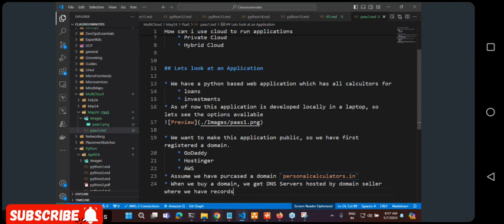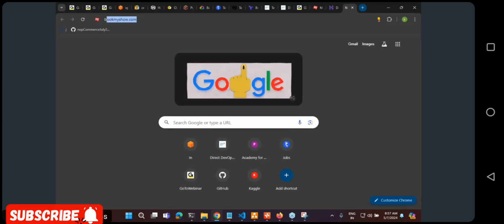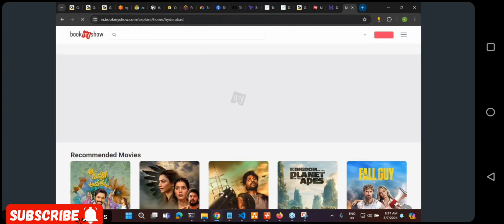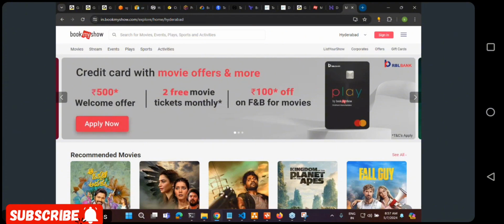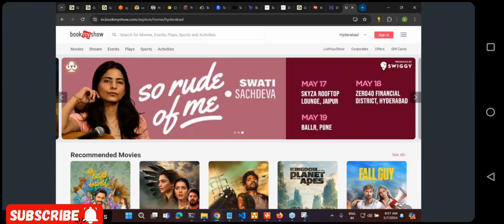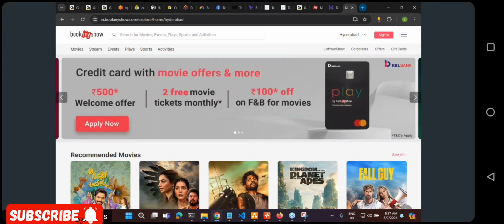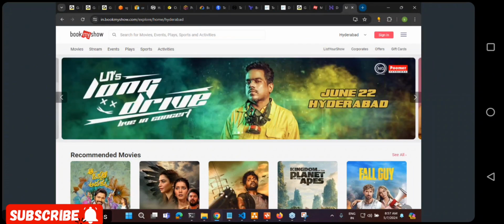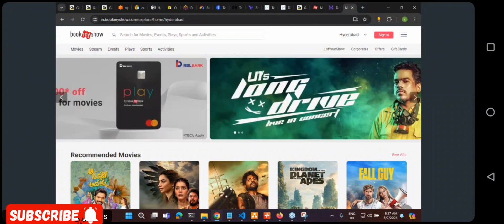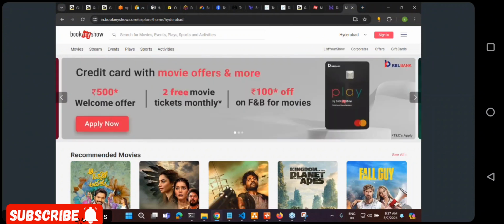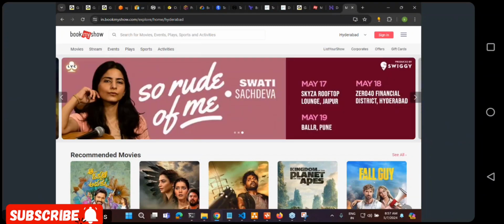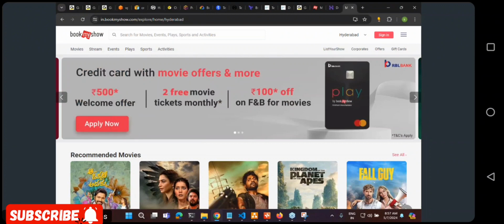Okay, let us try to understand. So all these days, whenever you are trying to type bookmyshow.com, this page opens. But the basic networking, you take any networking protocol, it doesn't know names. It only knows IP addresses. Did I type IP address or did I type name? Name. So name I'm typing, it looks like everything is working, but internally a name cannot do anything. I'm coming from top down, sir, because this concept is common across all the platforms.